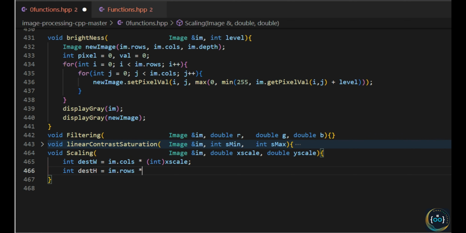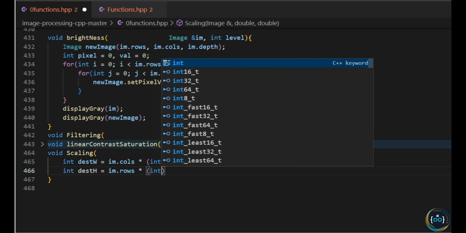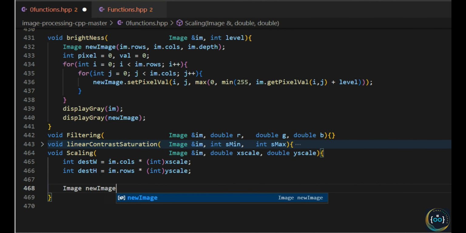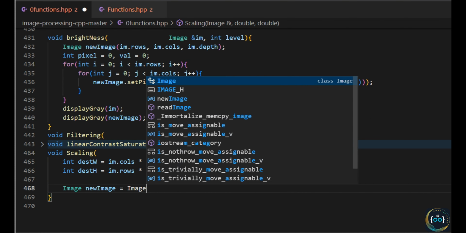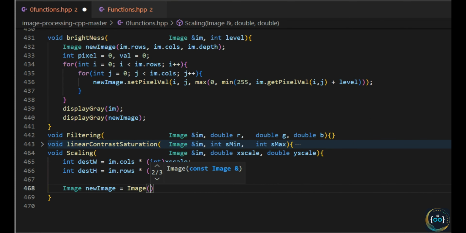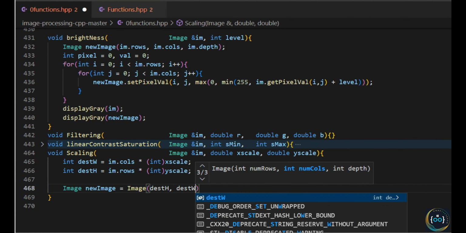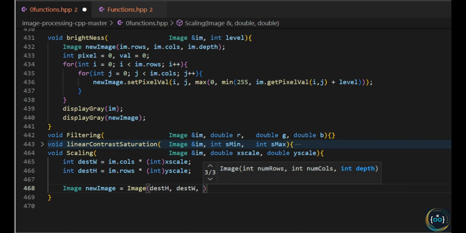So next, on line 464, scaling. How do we scale an image? We can scale just the width or the height or both of them. You can decide to increment only the width, or only the height, and so on. Whatever multiplier we are using, whether a value less than 1, which means we are trying to reduce the size, or a value greater than 1, which means we are trying to increase the size,